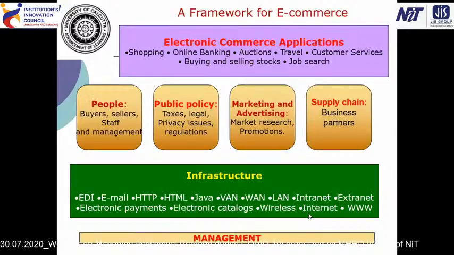this is the framework for e-commerce and intellectual property rights, depending on the electronic commerce application. This covers shopping, online banking, auctions, trading, customer services, buying and selling stocks, job search, people, policy, marketing, advertising, supply chains. People means the buyer, seller, staff and management. Public policy covers taxes, legal and privacy issues, and regulations. Marketing includes market research and promotions. So the minimum infrastructure requirement for e-commerce and implementing intellectual property rights